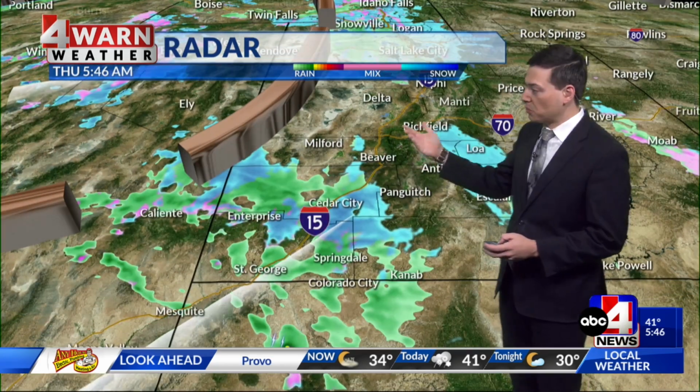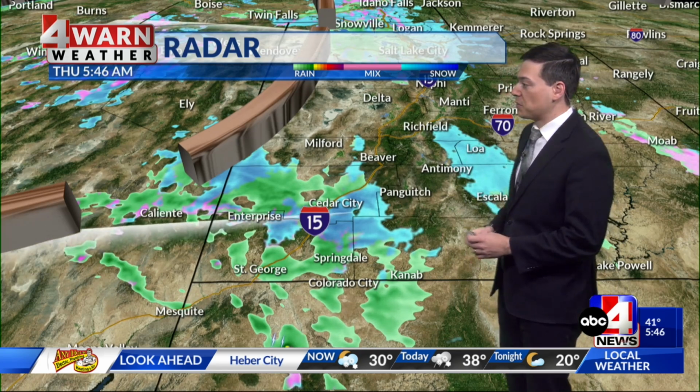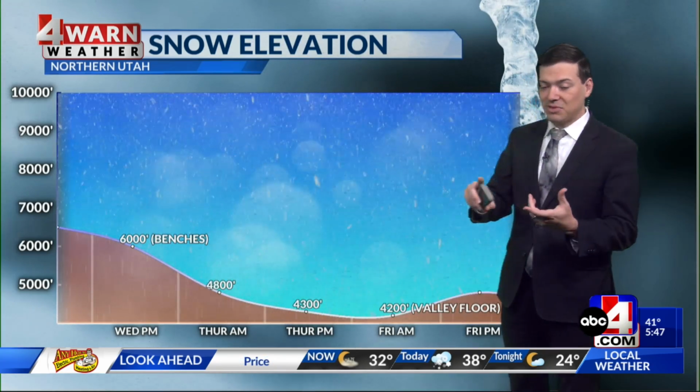While down in central and southern Utah, we're also tracking some scattered showers. We've been seeing some steady rain around Cedar City so far this morning, and we've also seen a little bit of rain down around St. George. As we go through today, we'll mainly be talking about a chance of rain, snow, and a wintry mix